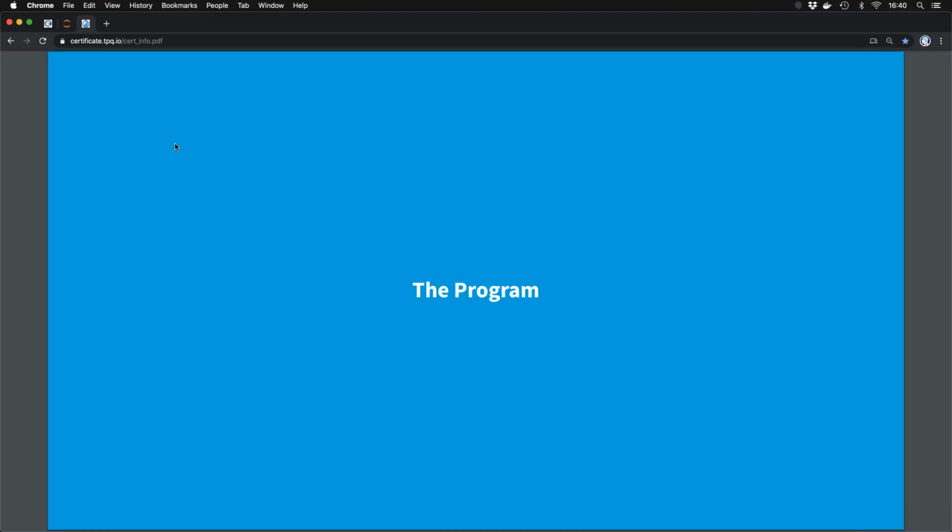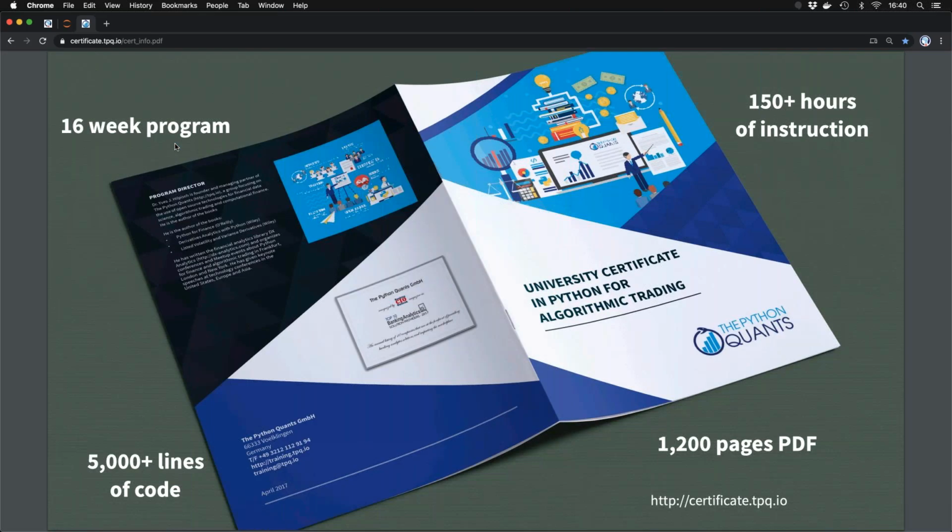Now, getting to the program itself. It has grown over the years. Here's the brochure for the Algorithmic Trading one. It's a 16-week program. There are numbers that I mentioned, like lines of code, pages of PDF and hours of instruction, but these are moving targets.